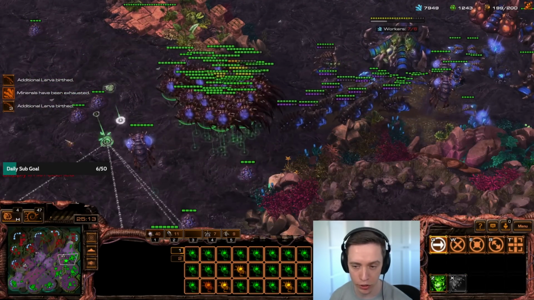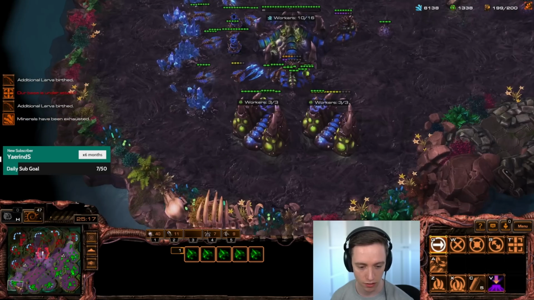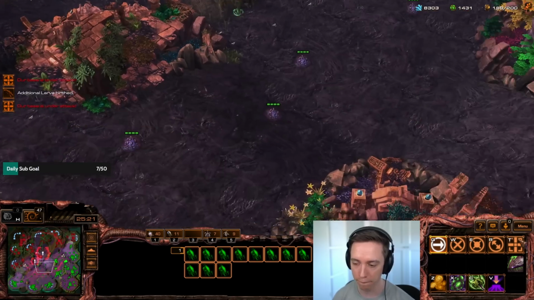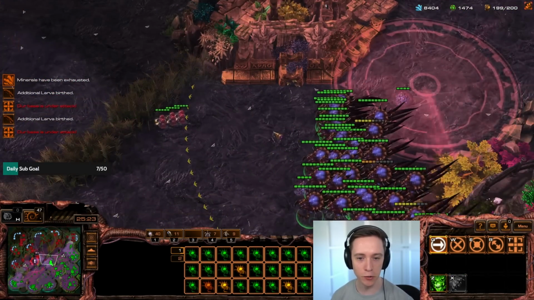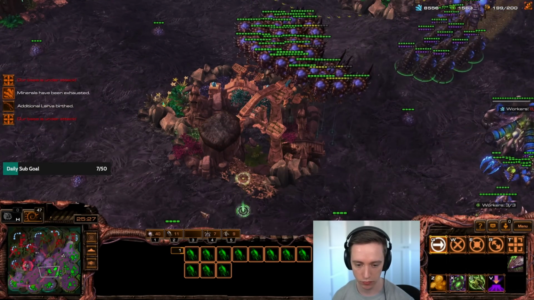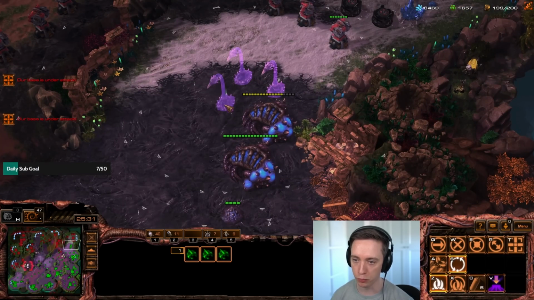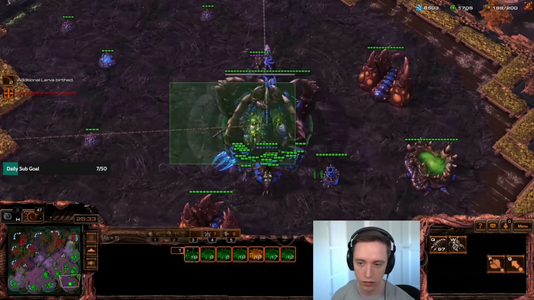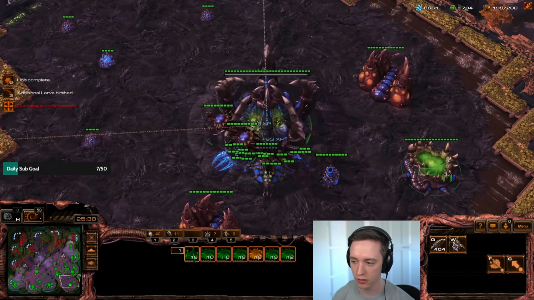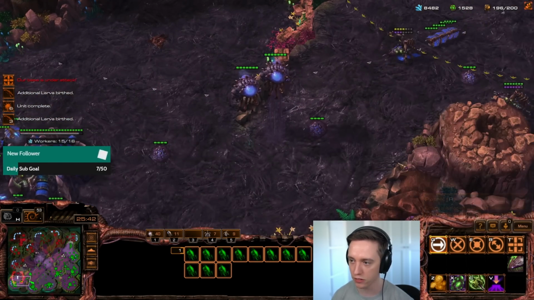A little baneling push? Doctor, I am out of gas. Lows. I can't do a little baneling push. I don't have the money. Thank you, Yaren, for the support. I can do a spine crawler push. That's what I can do. A little bane push, dude. Just a little tiny little baneling push. I will try and get my upgrades going, I guess, because...